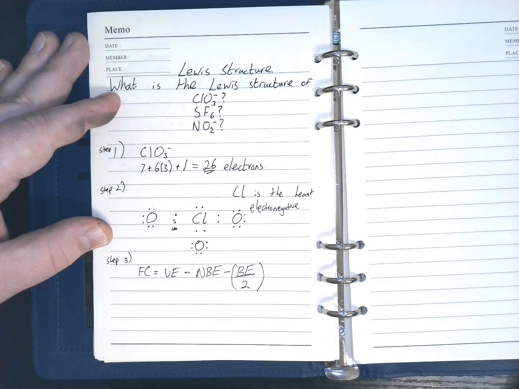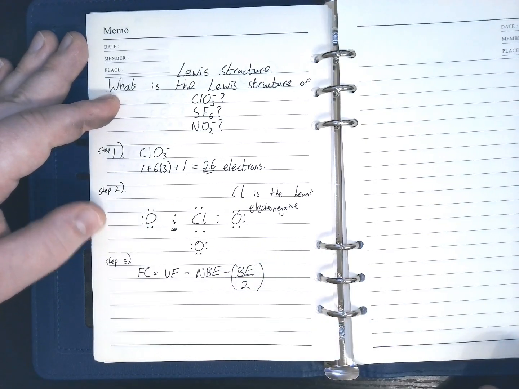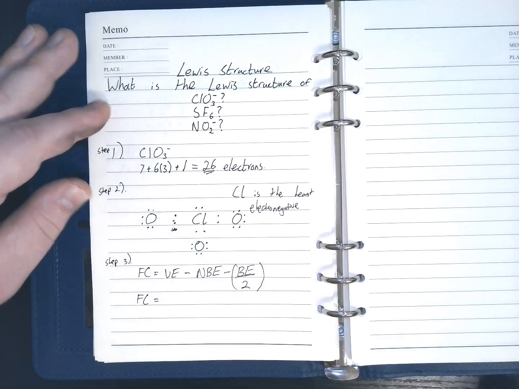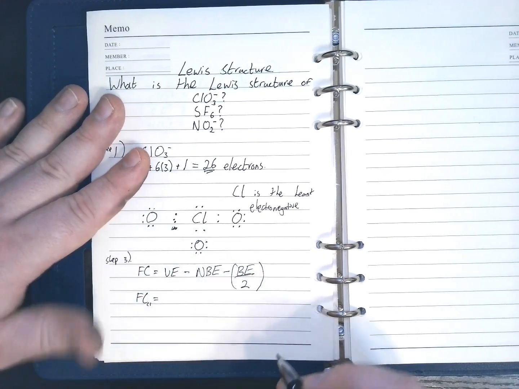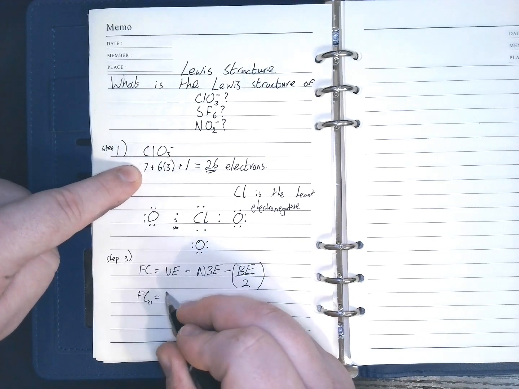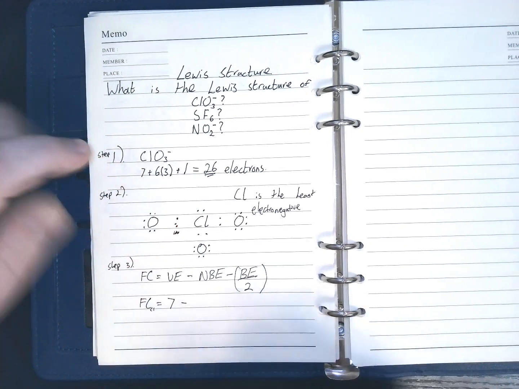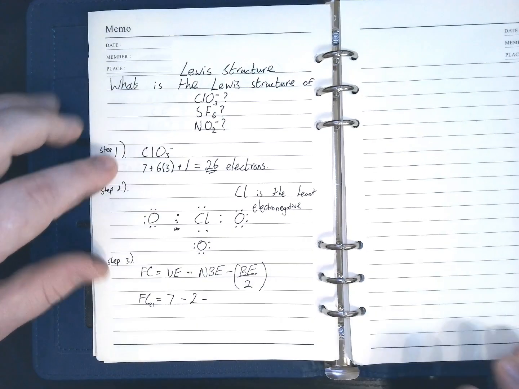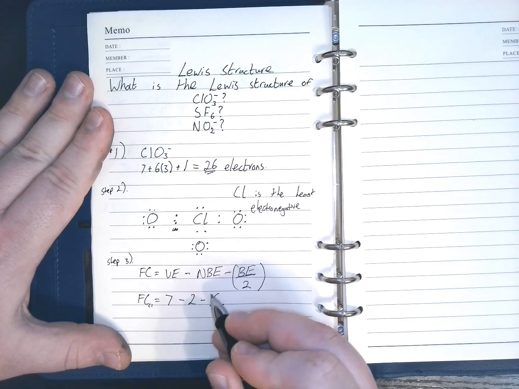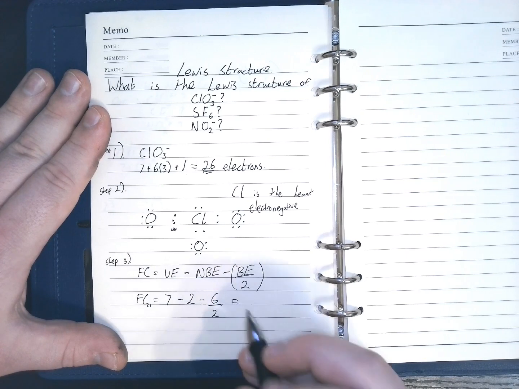So this is a formula. The reason why it's divided by 2 is just part of the formula, I'm afraid. You just have to remember this. So formal charge, let's start with our chlorine component. We have valence electrons. Valence is up here, so this one says 7. 7 minus non-bonded, we have 2 non-bonded, and our bonded electrons, we have 6. And of course, 6 divided by 2, which is equal to 3. 7 minus 5 is going to be equal to